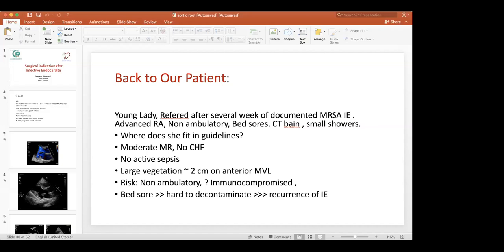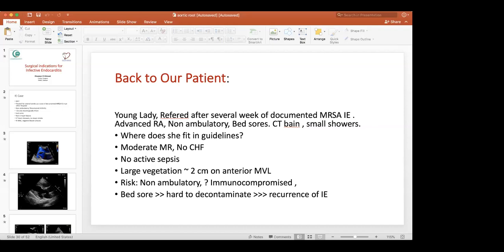But now the question is the time of surgery. She has a class 1 indication because of the organism, and 2B for the large vegetation. So we do not want her to have a large stroke because of this 2 centimeter vegetation. The question is, the problem in the guideline, when I read it,